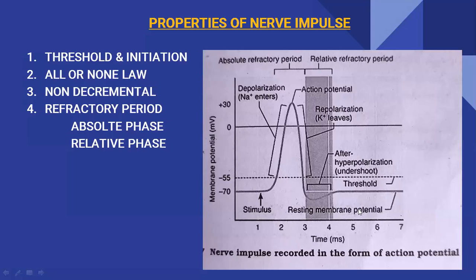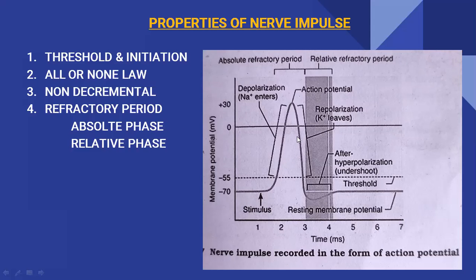So to respond to the second stimulus, all the sodium that entered inside the cell has to come out. All the potassium that left the cell has to come inside. So this will be done during this refractory period. During this refractory period, sodium potassium active pumps will be active, and due to their function, the original condition, that means outside more sodium, inside more potassium, will be again reinstalled. So in this way, after a refractory period only, the neuron can respond to the second stimulus, and again it can